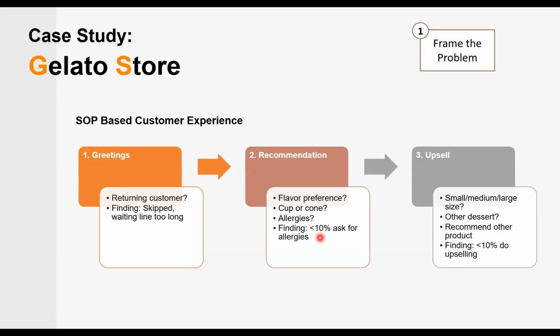The third step in the SOP is that they have to do upselling. Maybe the first time you went there, you already had something in mind, such as, oh, I only want to buy a single cup, a small size. But then the server should be able to offer you something a little bit more expensive, which is upselling, such as, do you want a medium one or a larger cup? Or maybe do you want your ice cream or your gelato with pancake, with waffles, and recommend other products?